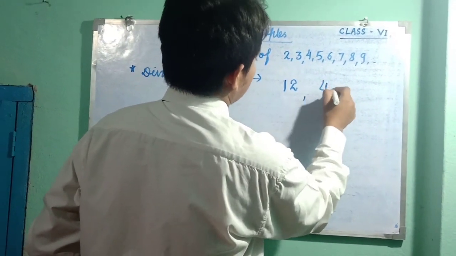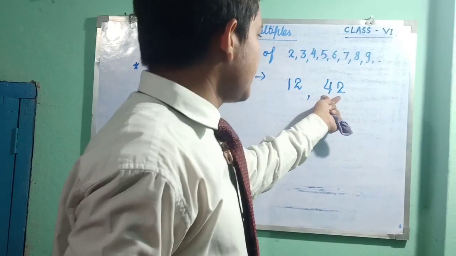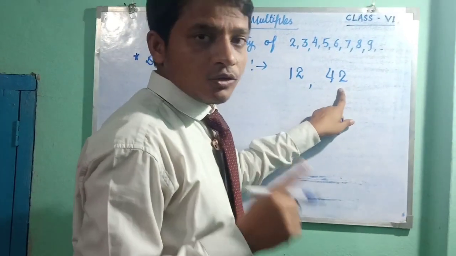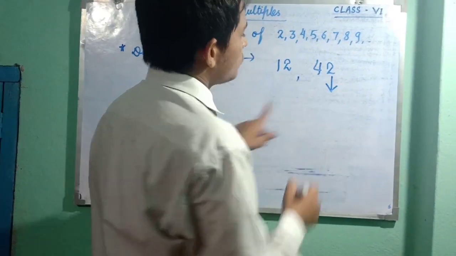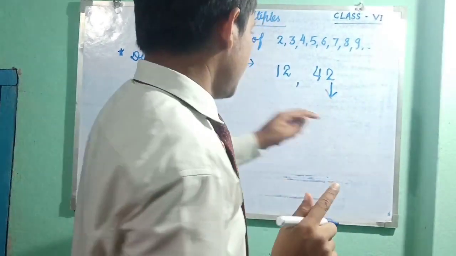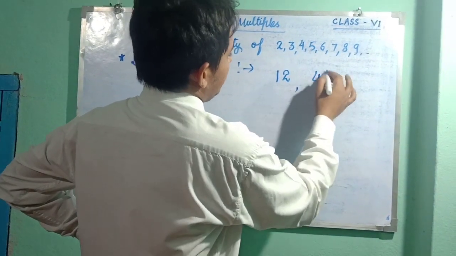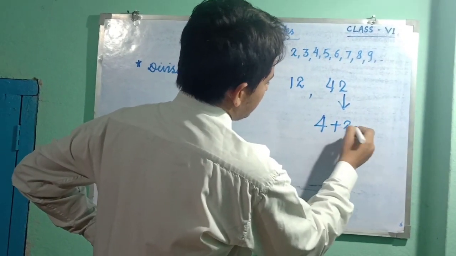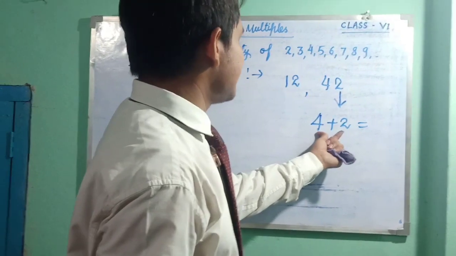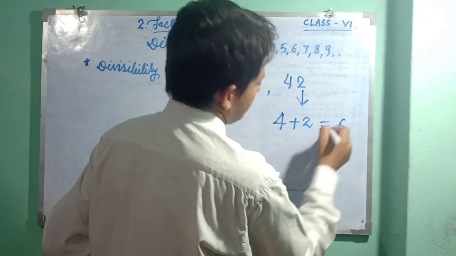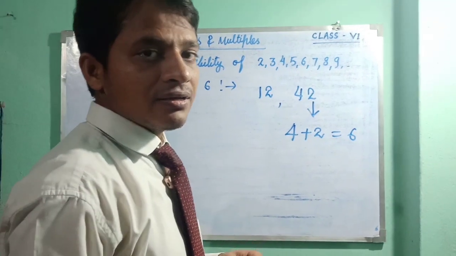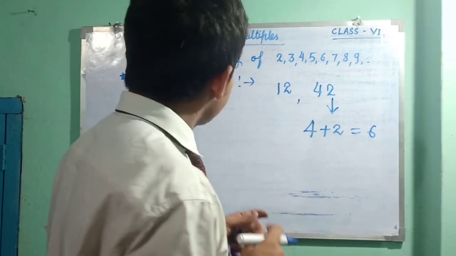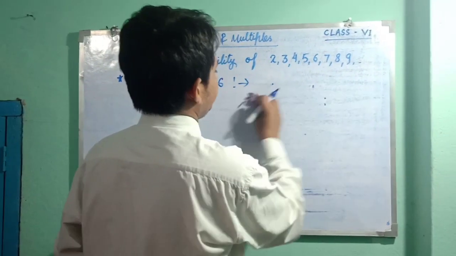Now we can take another example. Think about 42. Is it divisible by 6? First check, is it divisible by 2? Yes, because the ones place is 2, so it is divisible by 2. Okay. Now check for 3. First of all add its digits. The sum of its digits is 6. So 6 is divisible by 3. Hence we can say this given number is divisible by 6. Okay. Now